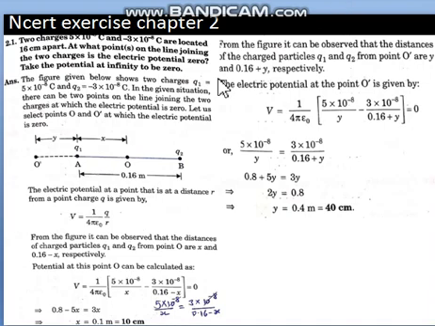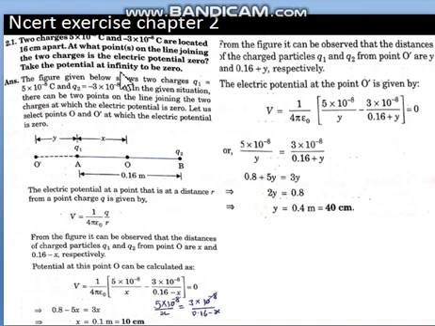Students, today we are going to start with the NCERT exercise questions of chapter 2. Chapter 1 was related till Gauss theorem, and in chapter 2 the questions of potential and capacitances will appear. So completing chapter 1 and 2 means unit first will be completed. Our chapter first is already taken. Chapter 2, let us start with.